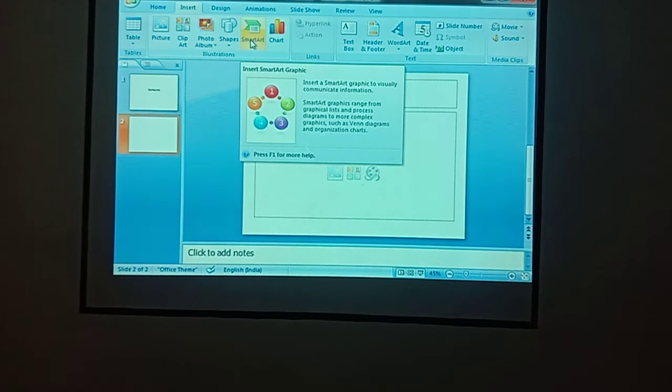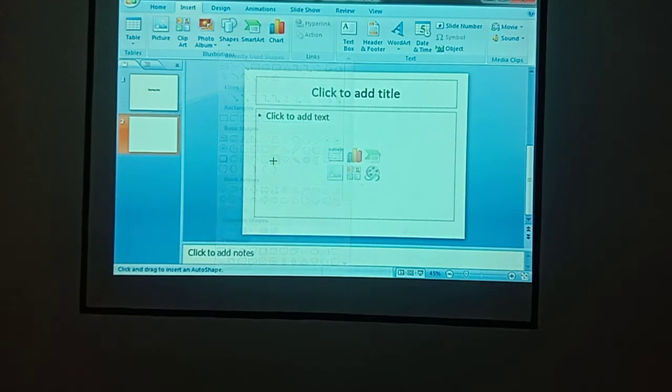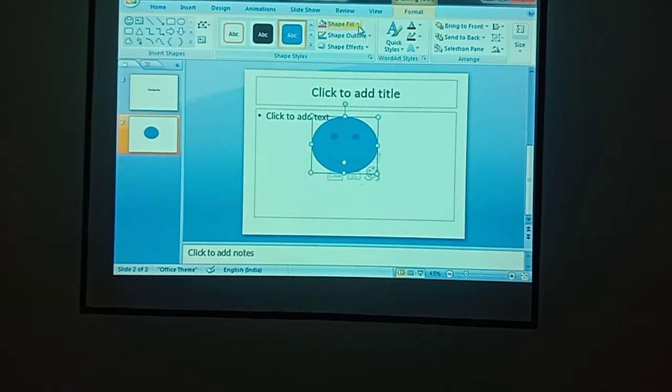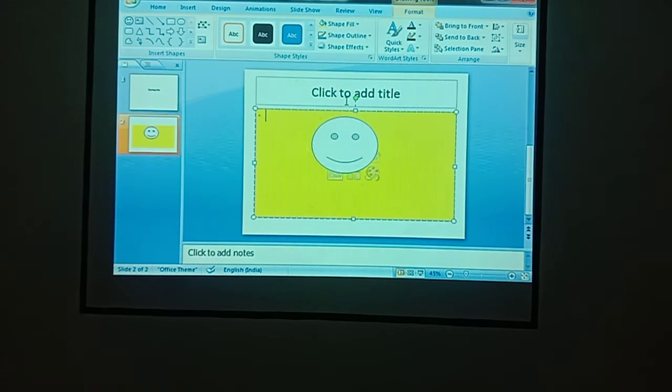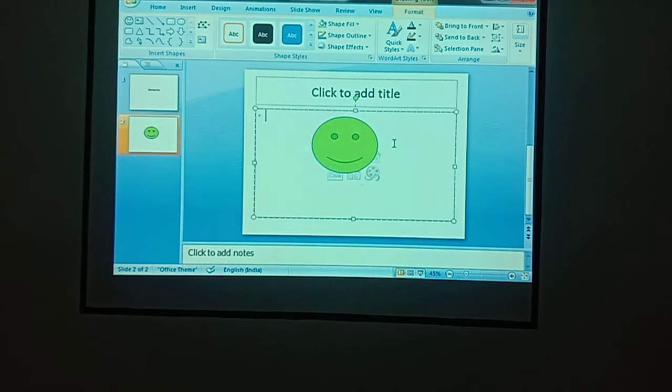In the illustration group, choose any shape. You can choose any shape. If you want to fill a color to your shape, you can fill. You can apply the color to the shape.